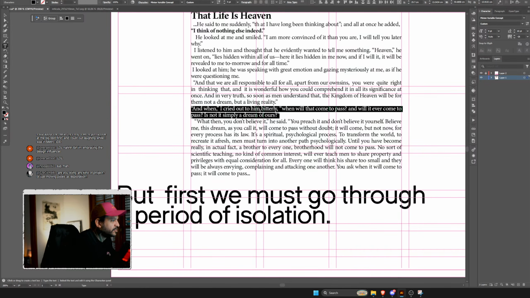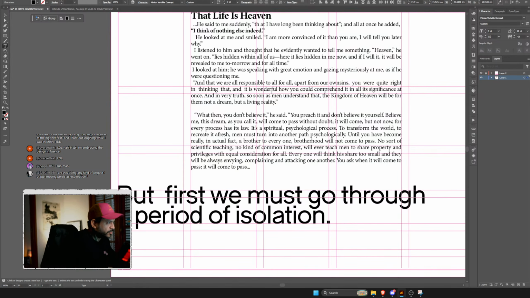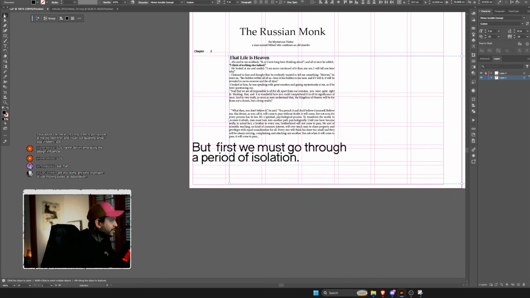Here, for example, this part of the text is Alyosha talking, one of the Karamazov brothers. Maybe I set this in a different style.